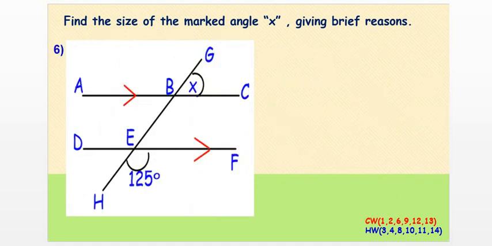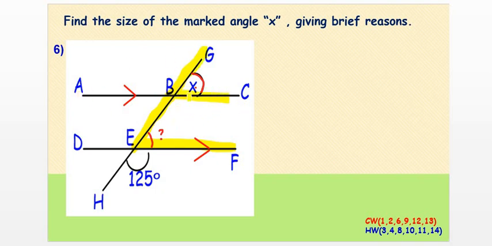This is question number 6. It says, how can you find the value of X? Now here is angle X. So clearly you can see, if I'm able to find this angle anyhow, I can find the value of X, and this angle will be equal to X. Why? Because they are making a shape of F. So we have 2 parallel lines,